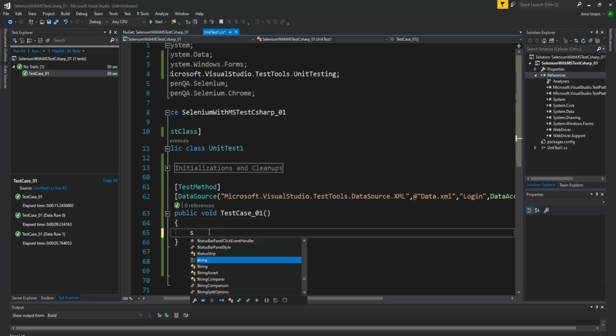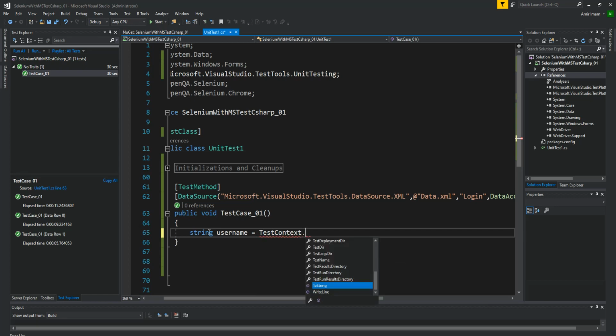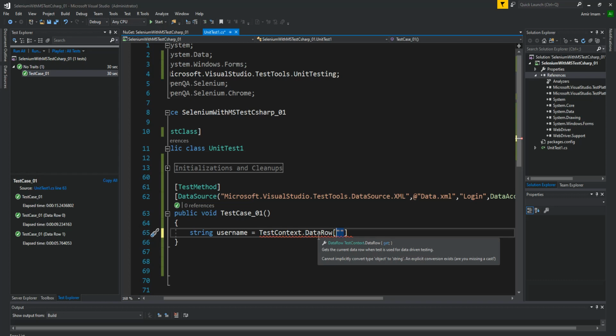Now for calling, I am going to create a string type variable named username, and we're going to use TestContext dot DataRow. For using this data row you need to reference the system.data library here.